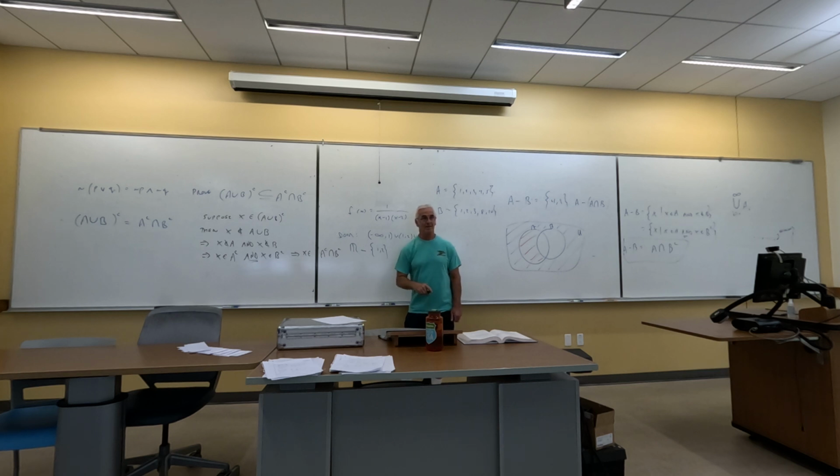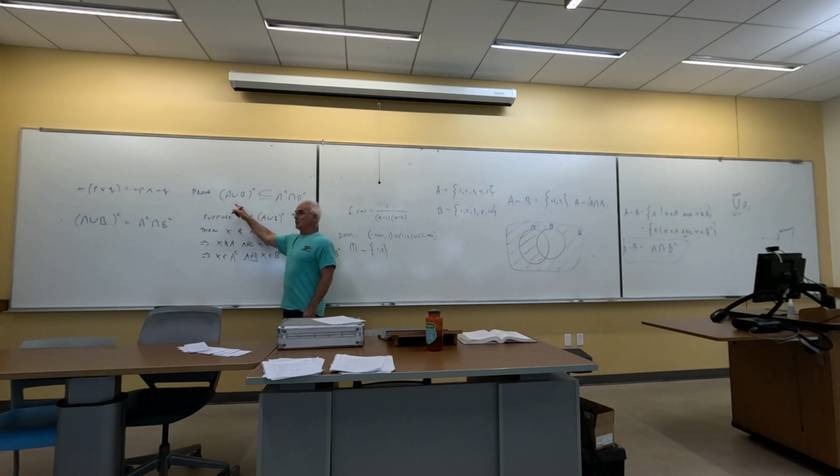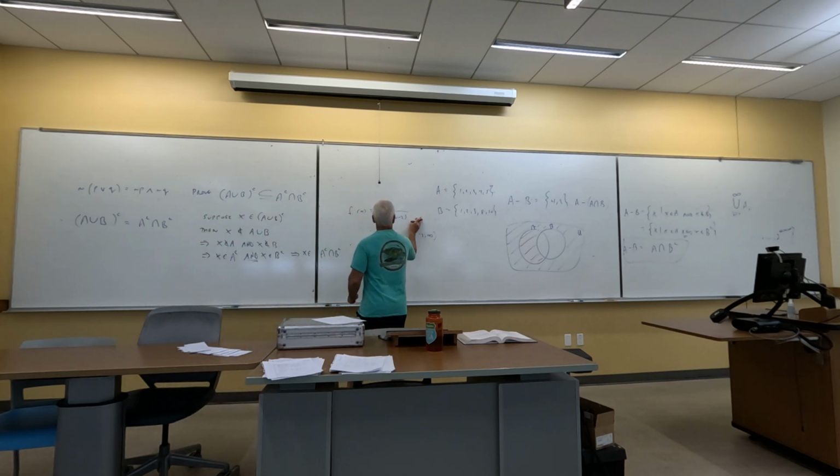So far so good? Therefore, I'm done. I have now proven, if I assumed X was in the first set, I proved that it was in the second. We will do the other half, but I want to show you what we've done. So now I can say, thus, A union B complement is contained